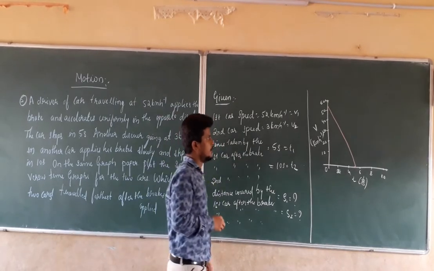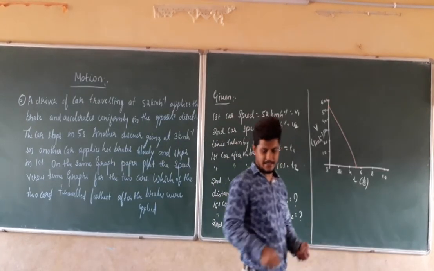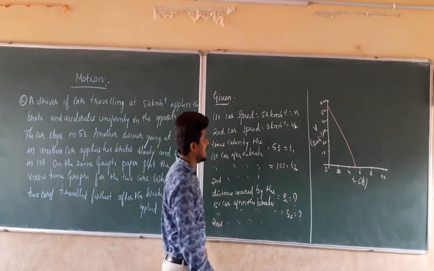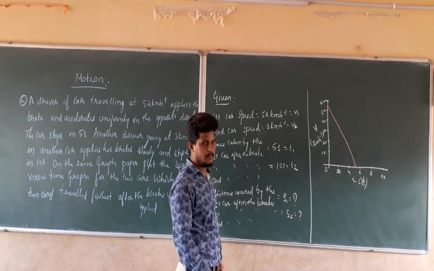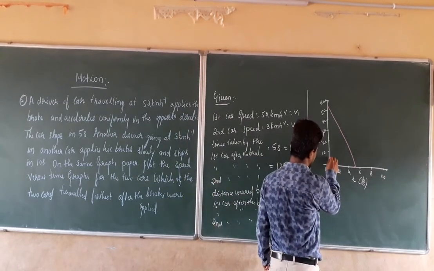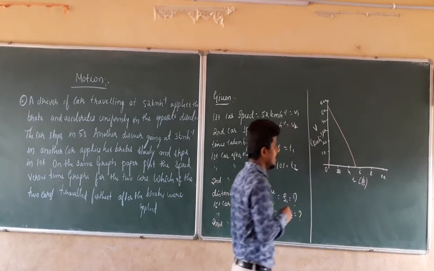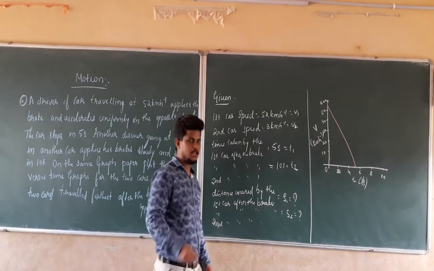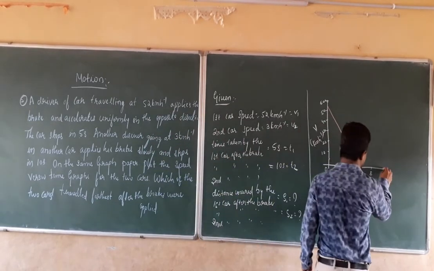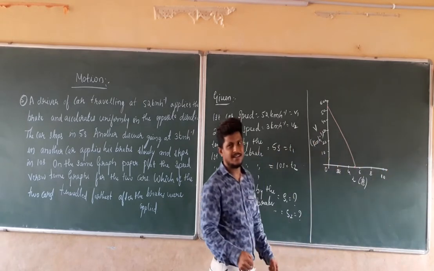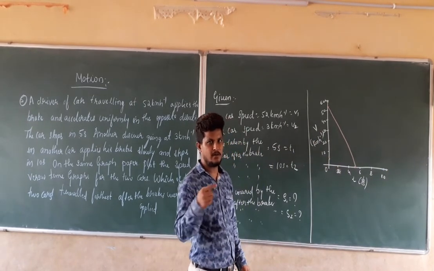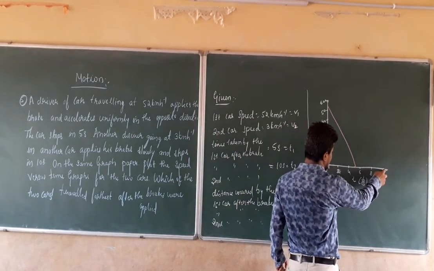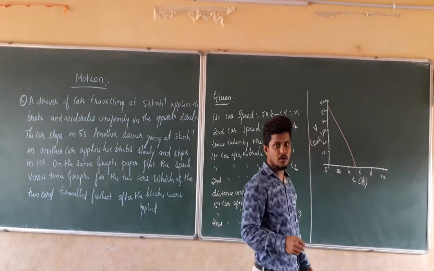Now we are going to draw the second graph for the second car. At initial, the second car is traveling with 3 km per hour. That is nothing but P2. So 3 km per hour will be here at this point. It is moving with 3 km per hour. And finally, after 10 seconds, the car is going to stop. That means it is going to get to rest position. The speed will be equal to 0. So we are going to point that here. After 10 seconds, the speed will be equal to 0.